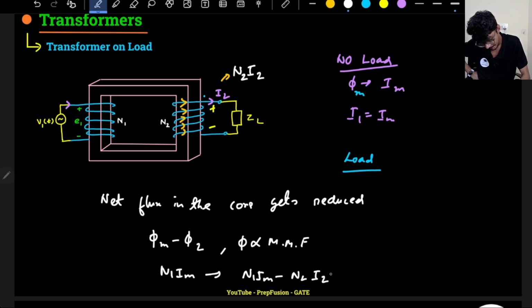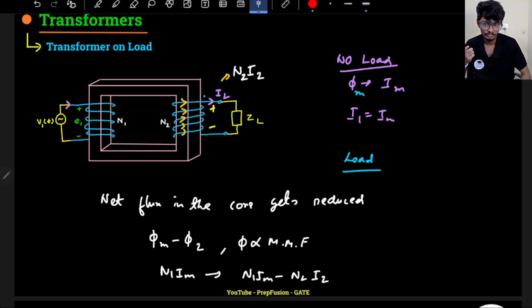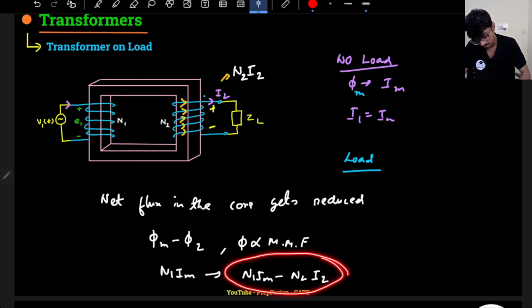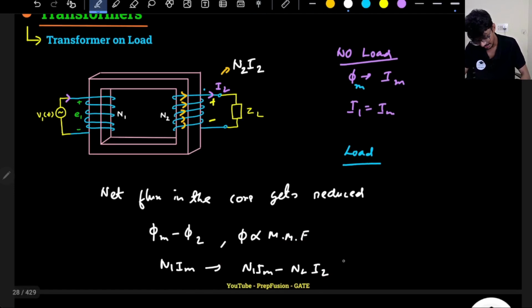Now the thing is, this initial winding will not allow it, because initially phi m flux was flowing. So this winding will try to flow the same amount of flux, that is phi m. So it will again oppose this MMF. It will create an additional MMF, N1 into I1, an additional current, sometimes called I1 or I2 dash. It will create the additional current known as I2 dash